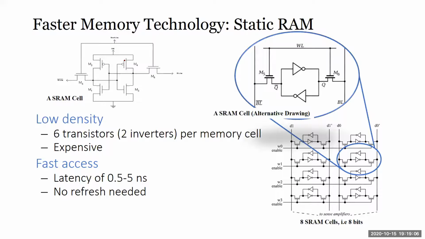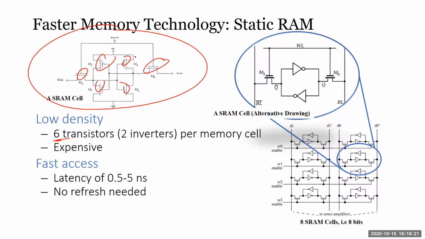So what happens is we use registers, right? We all know we use registers. Now, a register is what we call static RAM. Static RAM is done this way. Basically, you use 6 transistors for each memory cell. So here, 2, 3, 4, 5, 6, 6 transistors. It's very expensive, because you have six times more transistors, so six times more expensive. And because it's bigger, you also cannot squeeze as much into the same space.